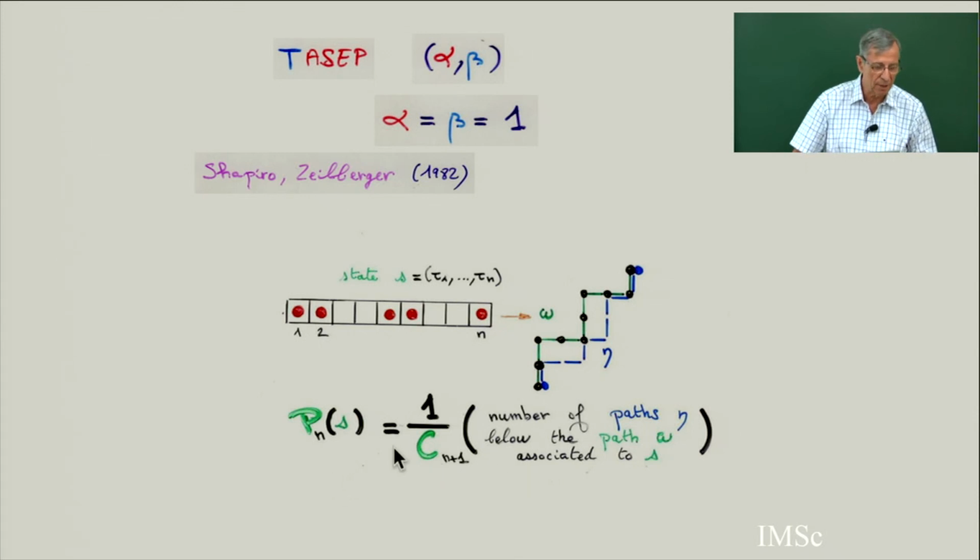Shapiro and Zeilberger show, by direct recurrence, a direct proof, that they have to invent this pair of paths, and I don't know how they invented that this was going to give the stationary probability. And they show the stationary probability is exactly the number of paths in blue which are below the green path. So it's what we have done before with the stationary probability for the alternative tableau. In the case alpha and beta equal to 1, you can get back immediately this proposition.